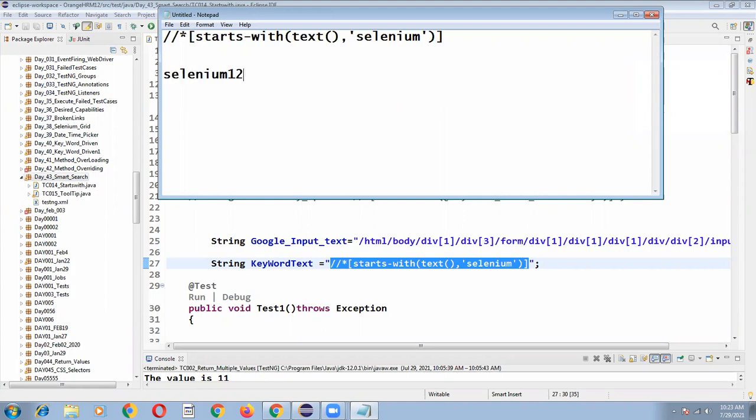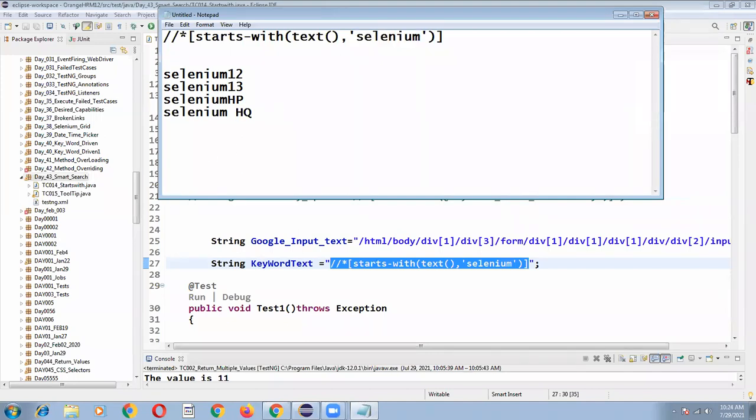So I can get all the web elements on a web page wherever the text starts with selenium.